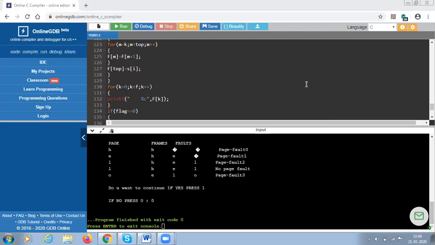There are three types of page replacement schemes. That is first in, first out, or first come, first serve. One more is least recently used page, that is LRU. One more is optimal. Now, first in, first out is very simple. Whichever page was fit in first to the main memory, if there is no space and one more page appears, remove the one that was fit in first and replace it with another page.